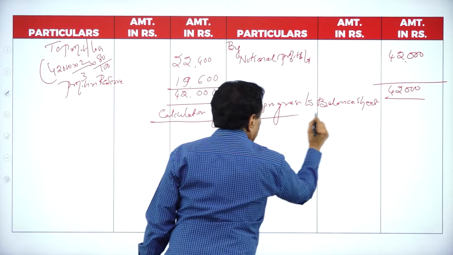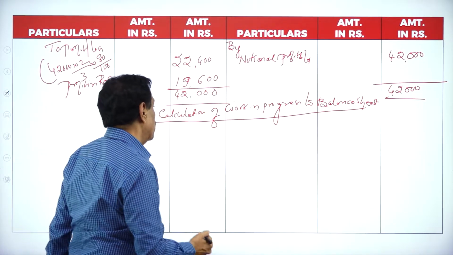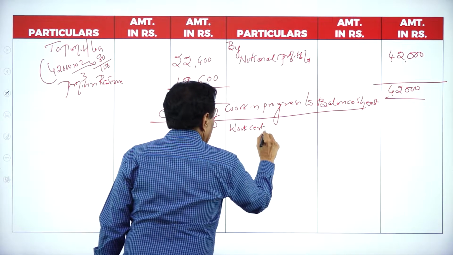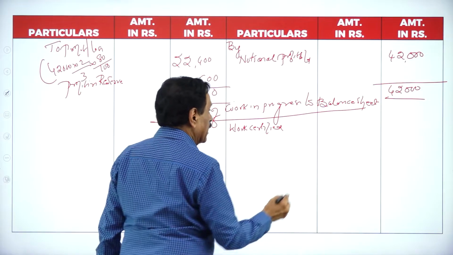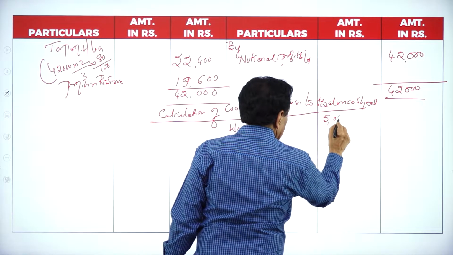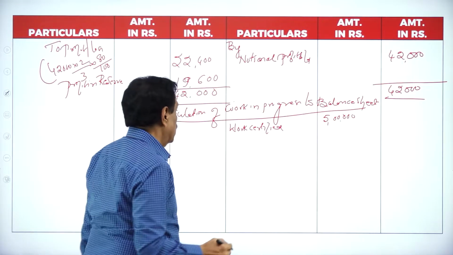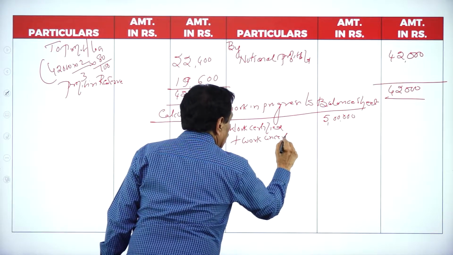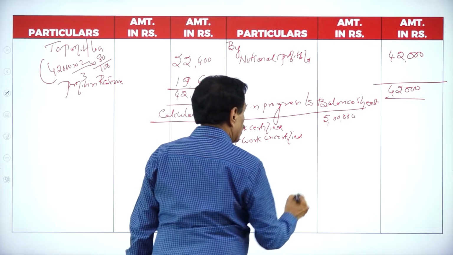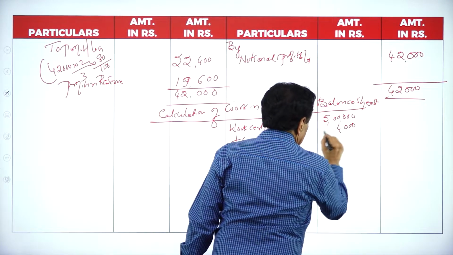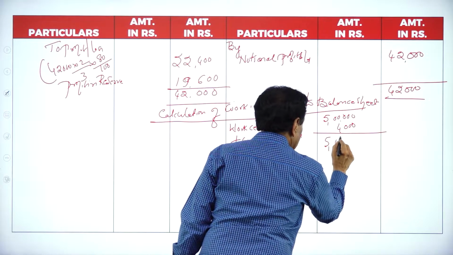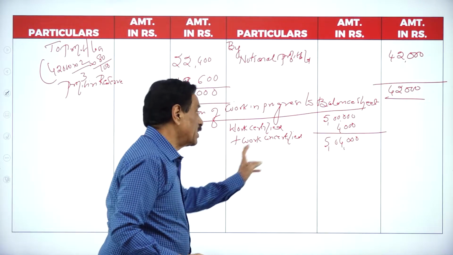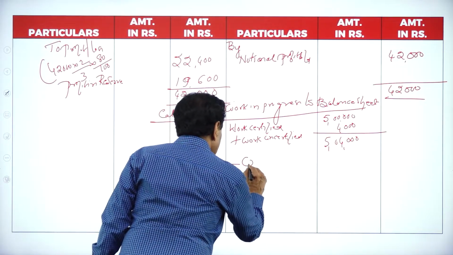How much you have to show work in progress in the balance sheet, right? Work certified is 5 lakh. Plus work uncertified 4,000. 5 lakh, 4,000. This you have to work out. Work certified is 5 lakh, work uncertified is 4,000 minus cash received